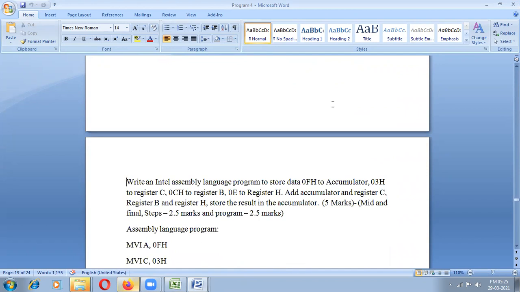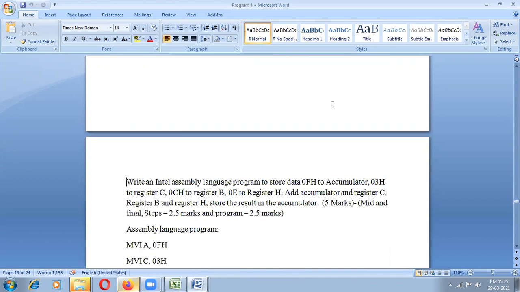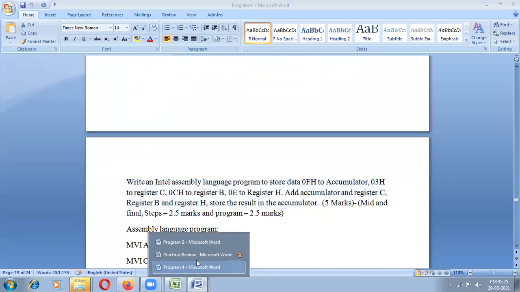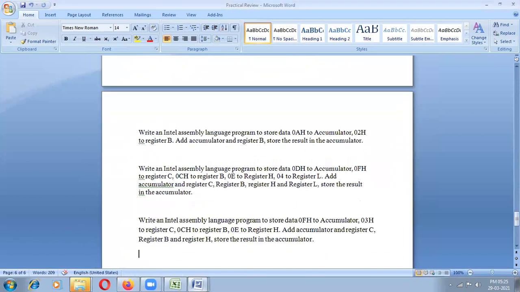Here also same type of questions. You can follow this question, but this question is for add accumulator. Same type question, add accumulator.